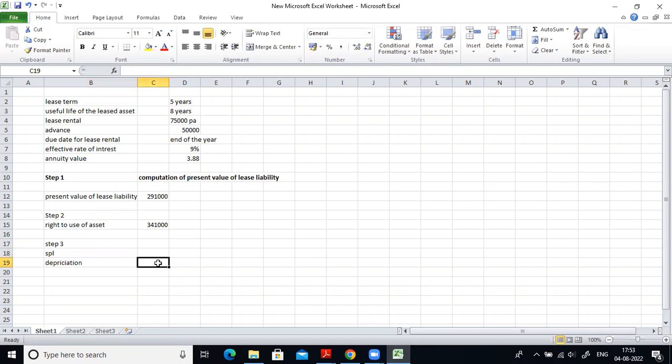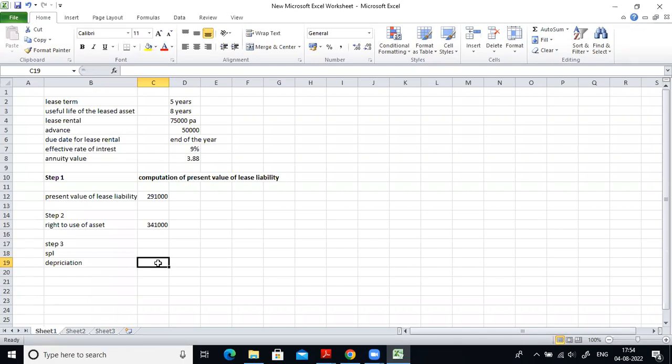But here you should be very clear how to charge the depreciation. Normally, the formula we use for charging depreciation is cost of asset minus residual value divided by life of asset. But in case of lease, in order to charge the depreciation, first we need to see the lower of the lease term or the useful life of an asset. In the given case, the useful life of the asset is 8 years, but you're taking this asset on lease only for 5 years. So always we need to consider the lower of lease term or the useful life of an asset.